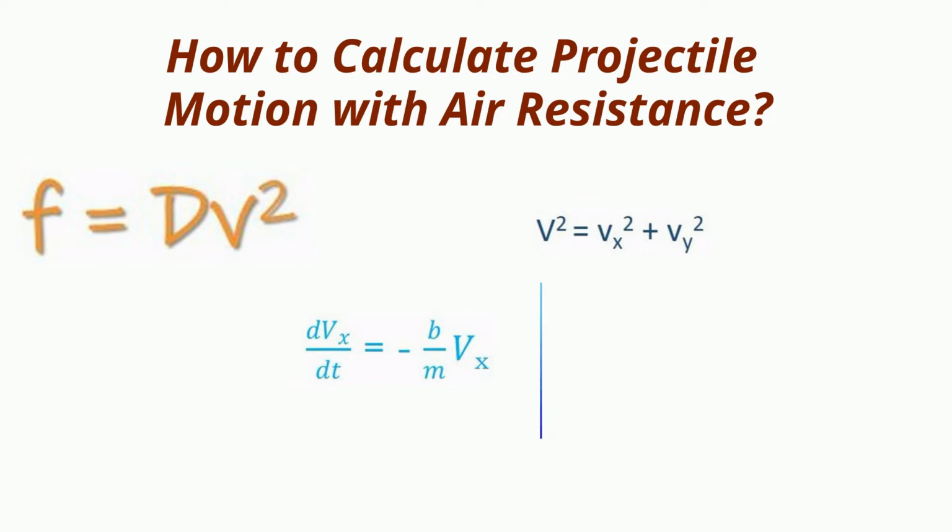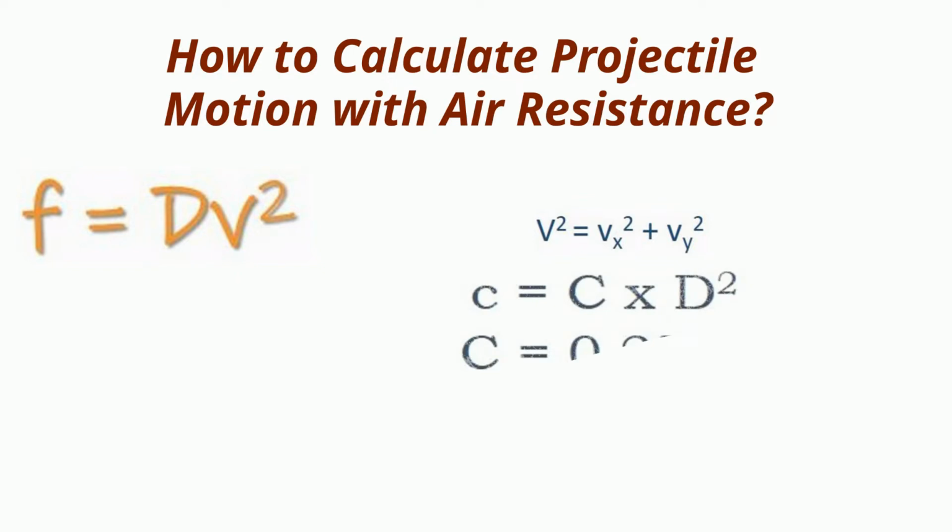This equation can also be written as follows, where small c is equal to capital C times capital D squared, where capital D denotes the diameter of the spherical object and the coefficient capital C depends on the nature of the medium. For a spherical projectile in air, capital C will be equal to this value,